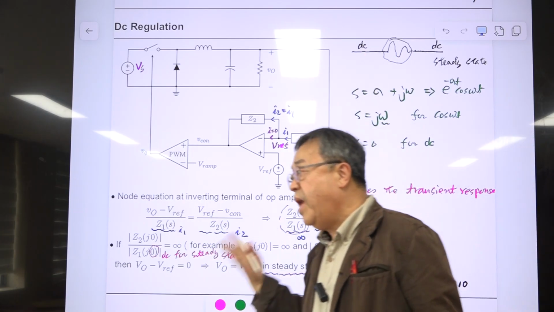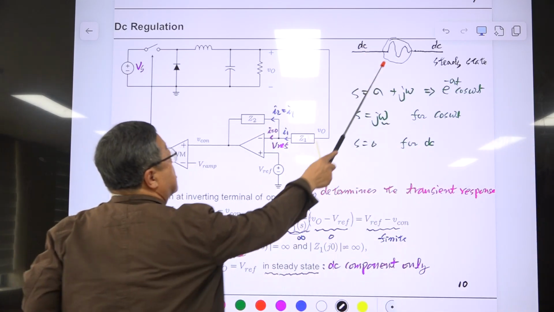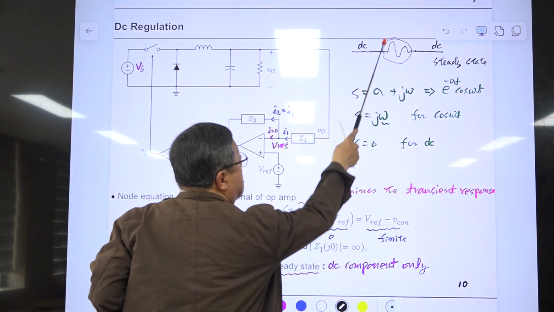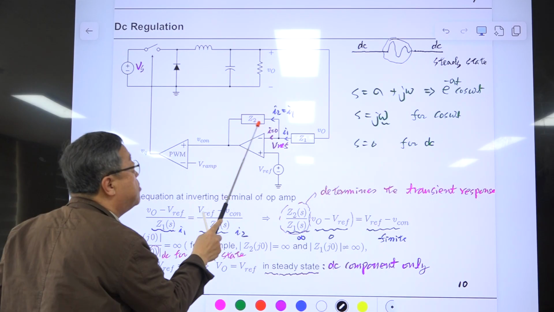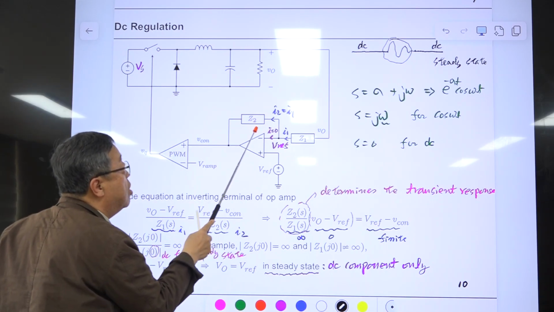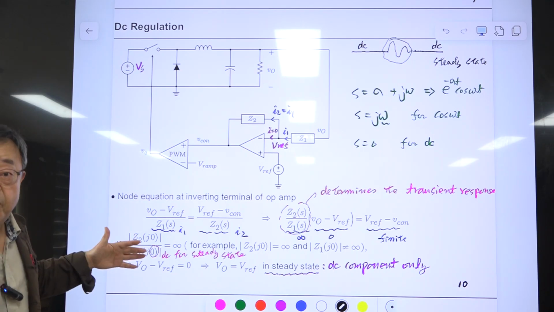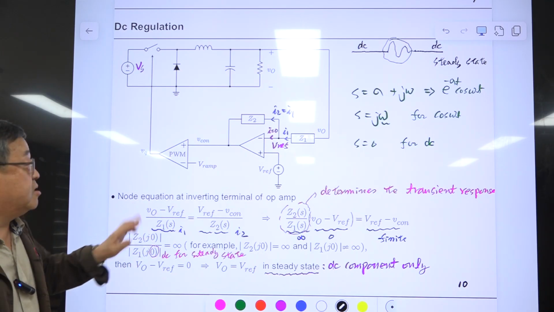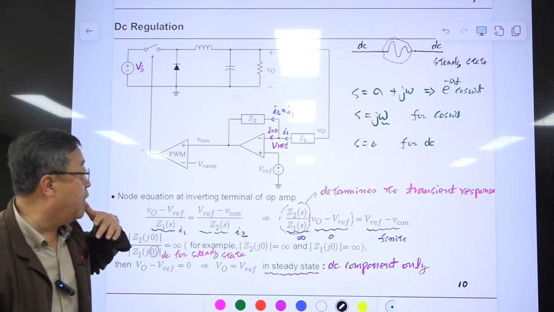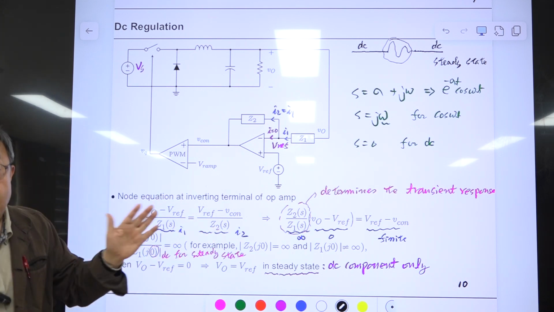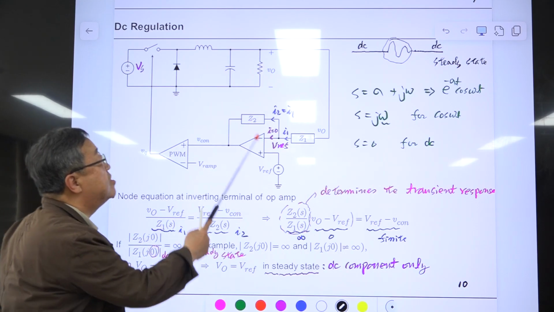The remaining problem is, what about this transient period? The response during this transient period is determined by G2 and G1 evaluated at omega not zero. So for the AC response, omega is swept from low frequency to high frequency, and that characteristic determines